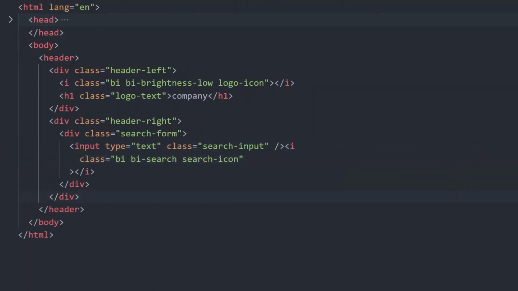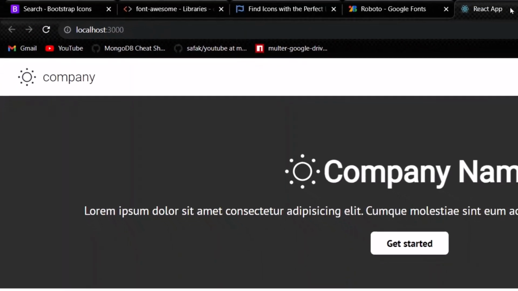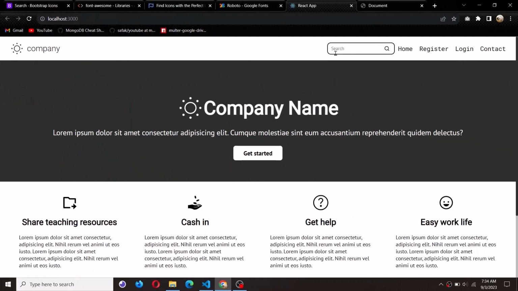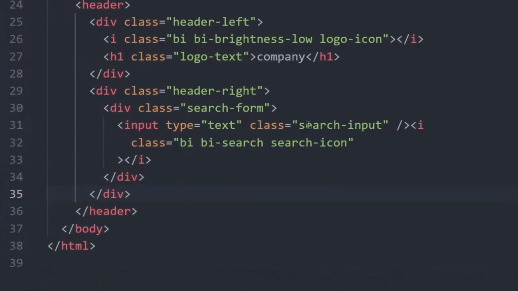So we have our input and then our icon. Let's see. Yes, it is right there. Let's look at something here. We have this placeholder that says search, and then the icons will follow. So let's do that. I'll give this input a placeholder,